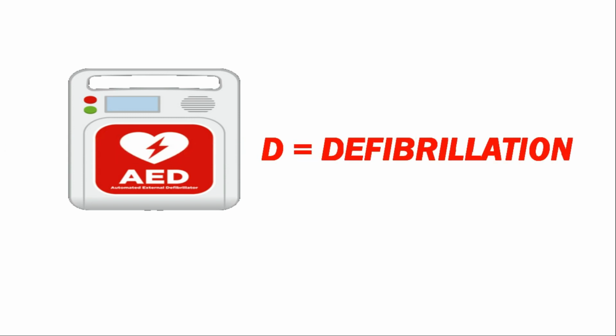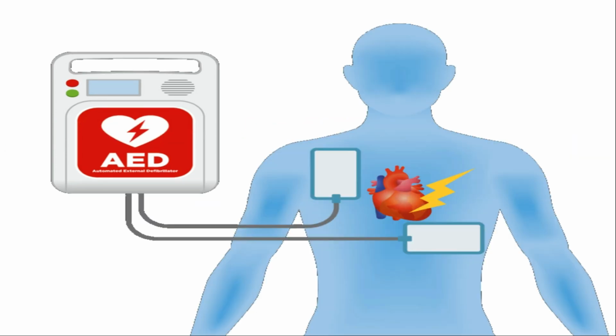Sometimes we can add another step. D is for defibrillation, which is about delivering a shock to restart the heartbeat. Some public areas and workplaces have an easy to use defibrillator on site, called an automatic external defibrillator or AED. Automatic means it is the machine that decides what to do, so you can't go wrong, and it even talks you through the steps. If there is no AED available, keep going with CPR until the ambulance arrives.